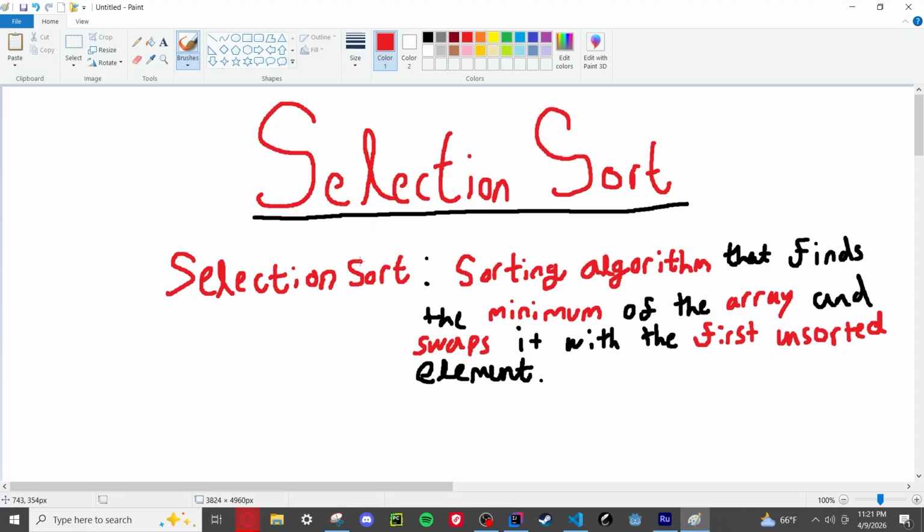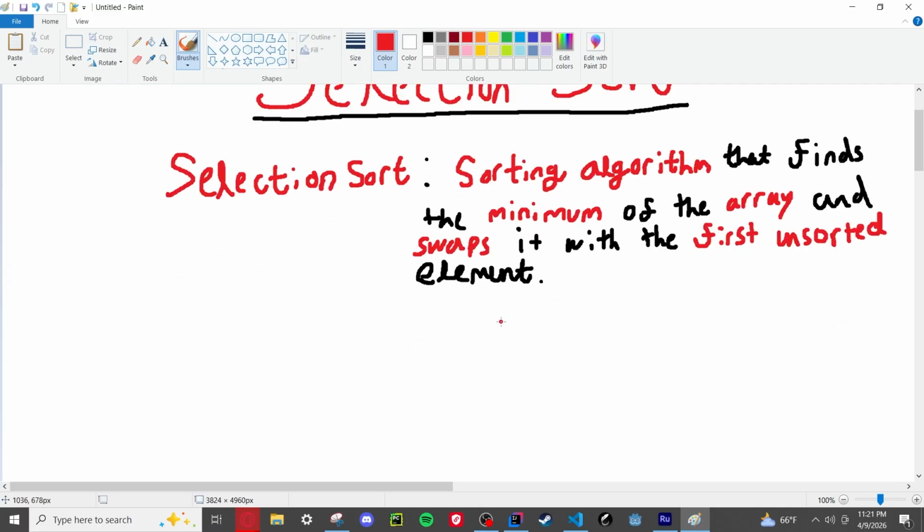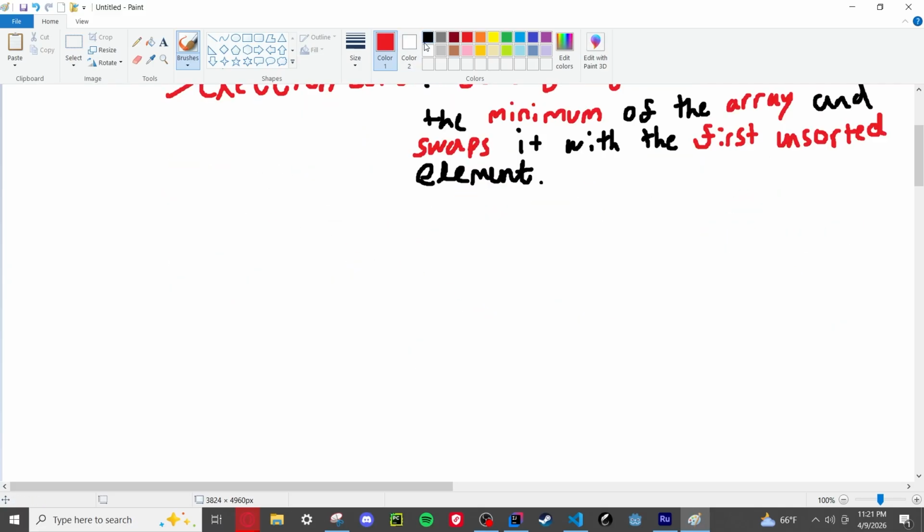So what is the selection sort? The selection sort is a sorting algorithm that finds the minimum of the array and swaps it with the first unsorted element. So if I had the array 3, 5, 9, 7, 8, 6, 1, 2,